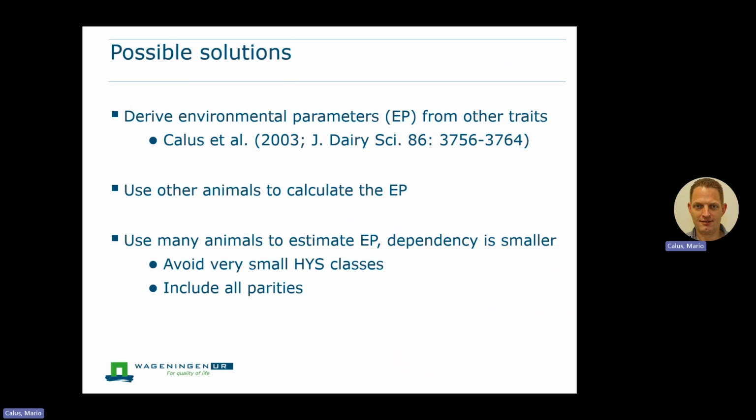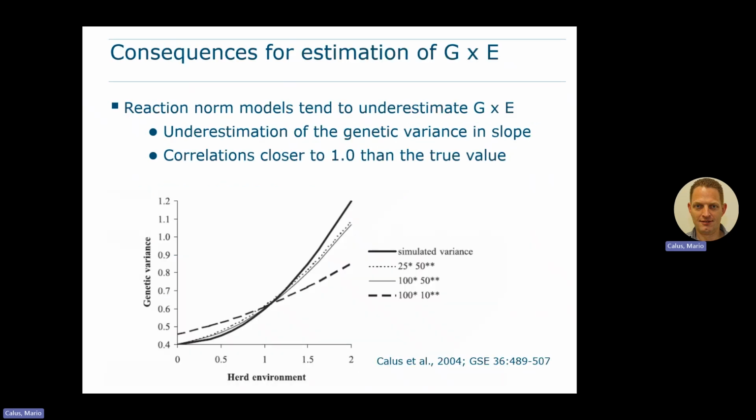Well, the pragmatic way to go about this is, as long as your 30-year season groups have a sufficiently large number of individuals, the impact of the phenotype of the individual itself on that 30-year season estimate should be relatively small, and you might be quite okay in following this approach. In my PhD, I did look a little bit into this, and what I found is that with reaction norm